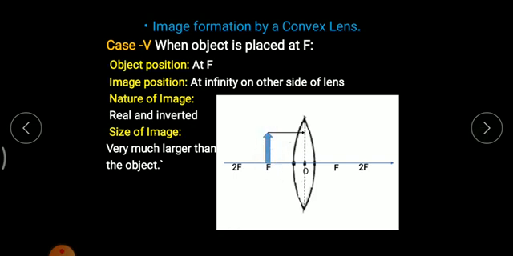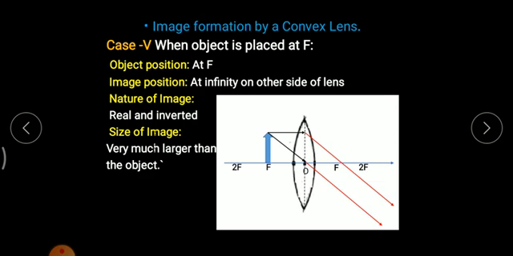Now I need to have minimum 2 rays of light. This is an incident ray which is parallel to the principal axis. The refracted ray will always and always pass through the focus. Another ray of light, I'm passing through the optical center. It will remain undeviated. And as you can see, both rays of light are never intersecting,